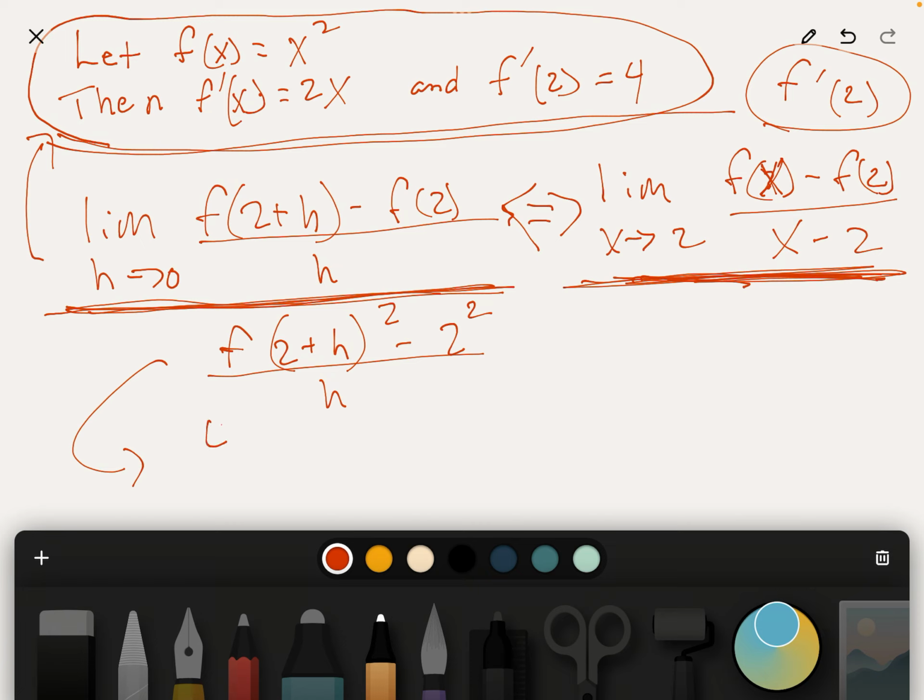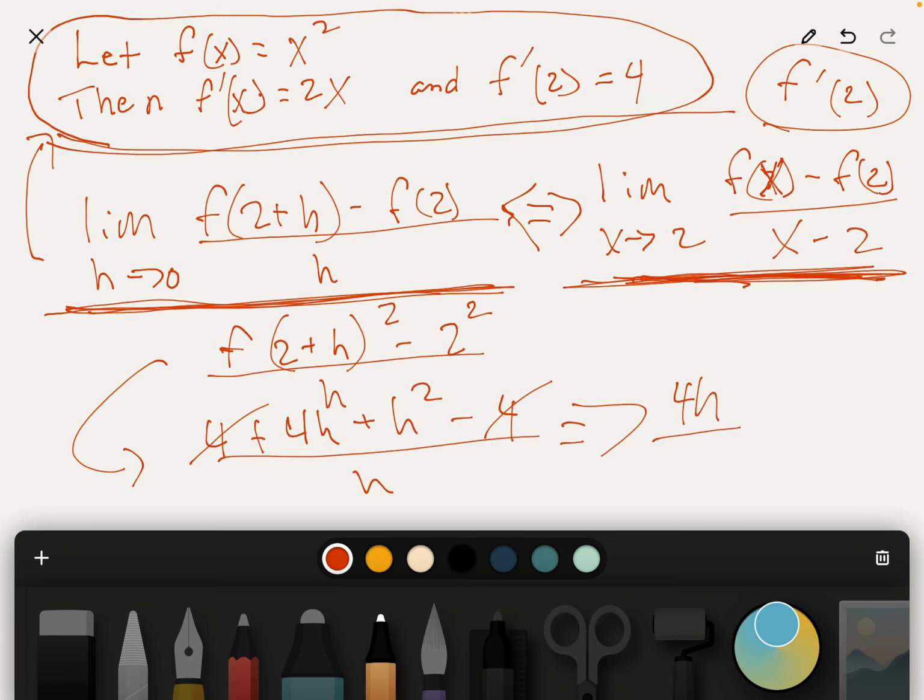You wind up with 4 plus 4h plus h squared minus 4 all over h, and the 4's subtract out, you're left with 4h